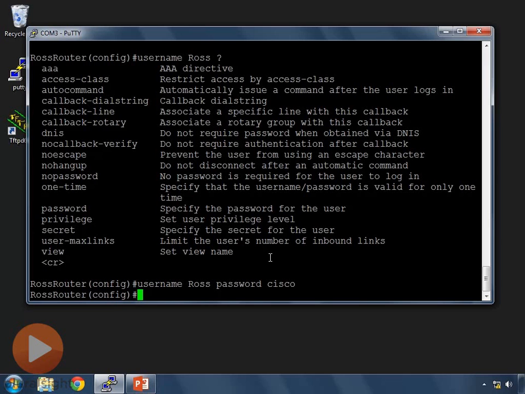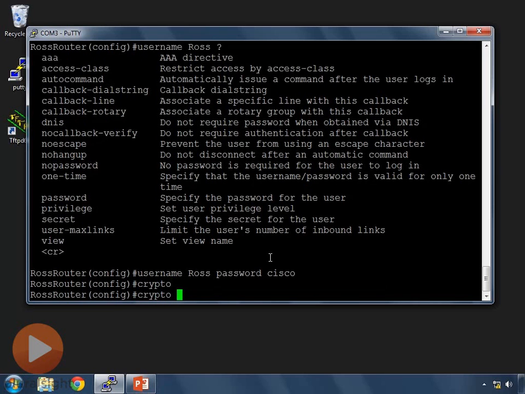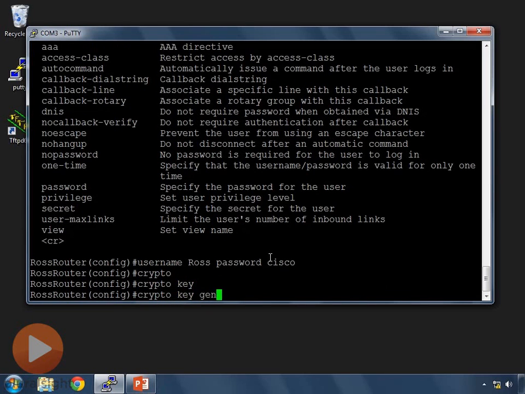Next, now that we have a host name set up, which I've already instructed you in the router config video to always change anyway, we've changed our host name to RossRouter. We've set the domain name to trainsignal.local. Now we can finally generate the cryptography key in order to encrypt the traffic between my router and my SSH client. It's a pretty lengthy command, and I recommend following it very precisely because if you don't, it won't work. So the command is crypto key generate